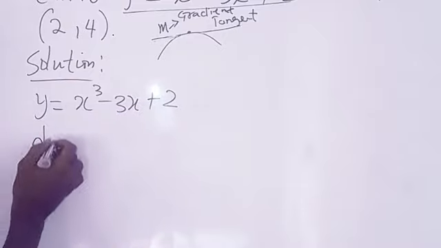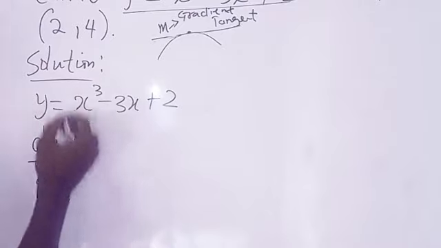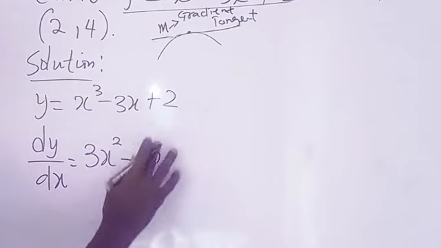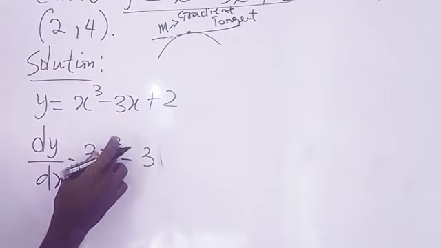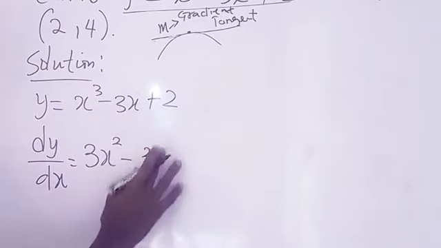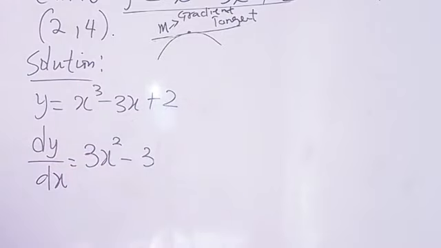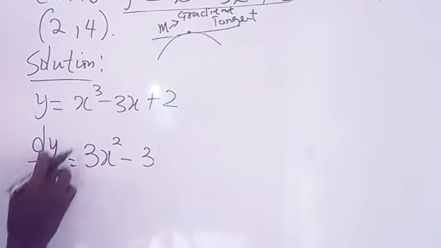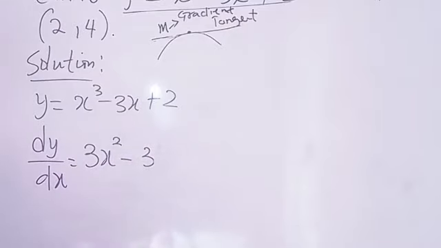So now you're going to have dy/dx. Differentiating this, we have 3x squared minus, differentiating this, 3, because 3 times x, then you remove 1 from the power, so here is going to be 3. And the derivative of a constant value is 0, therefore we have plus 0, and it's nothing. So we have the derivative dy over dx equals 3x squared minus 3. But if you want to get the gradient m, the gradient is going to be